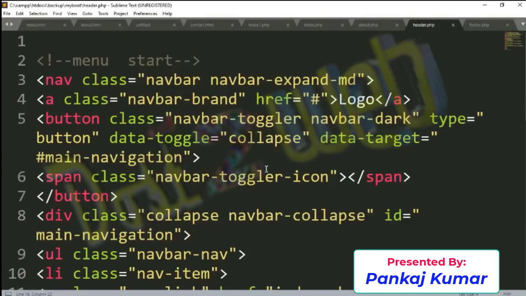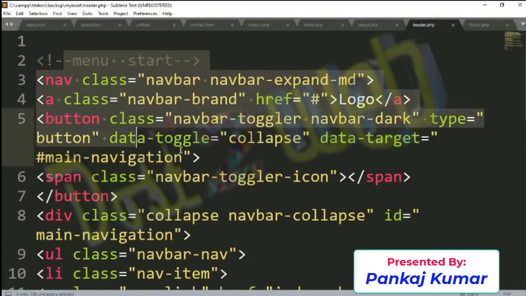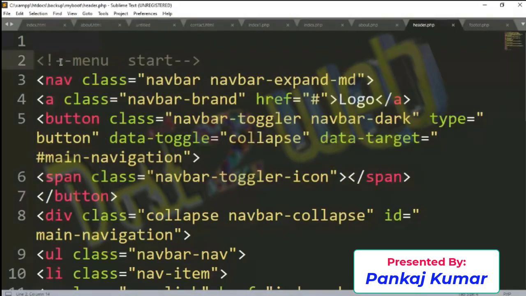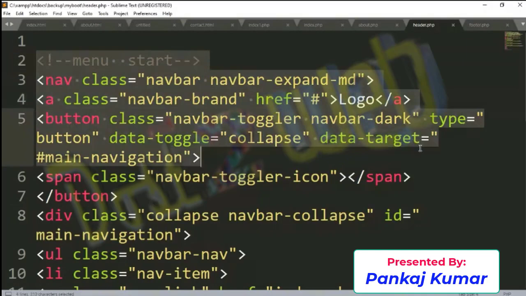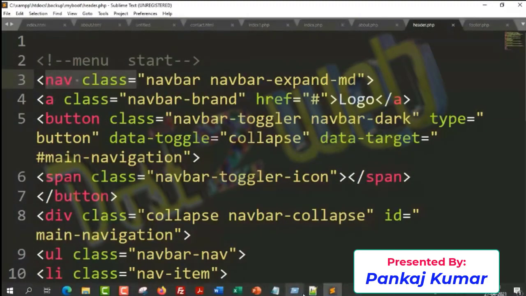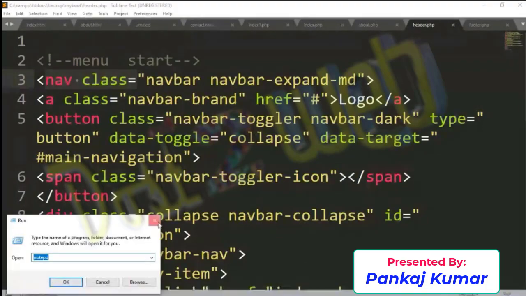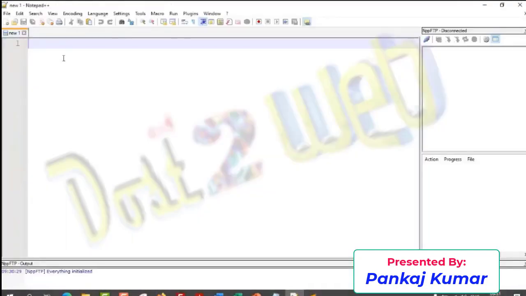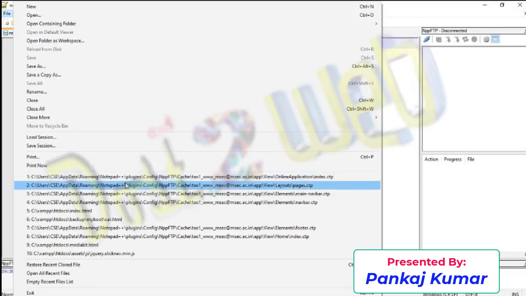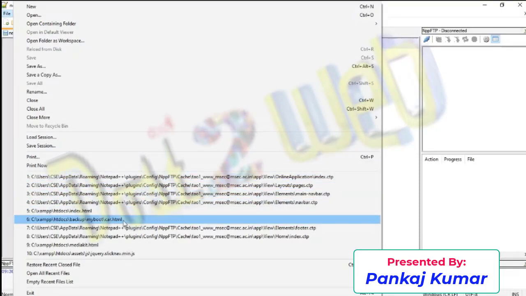Actually, I was taking an internship class for college students, so I was giving them this practice. You can see here we are getting color, but you cannot get color in Notepad. When you use Notepad, you will not get any color. Let's open the same code on this.